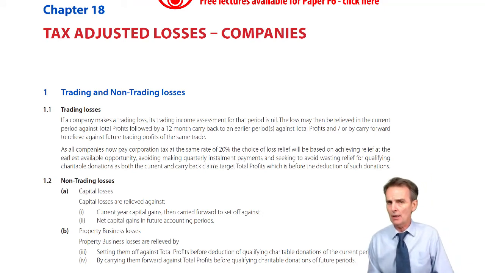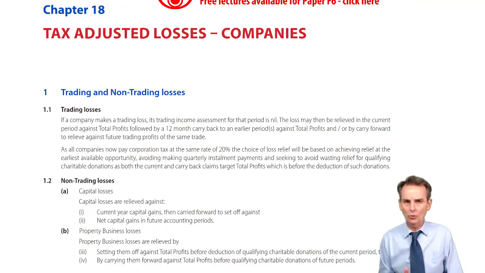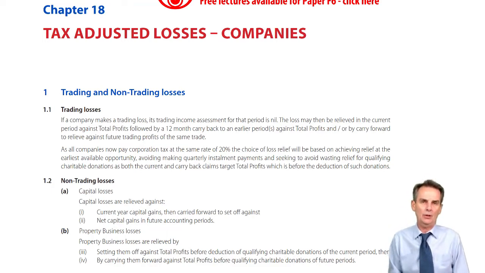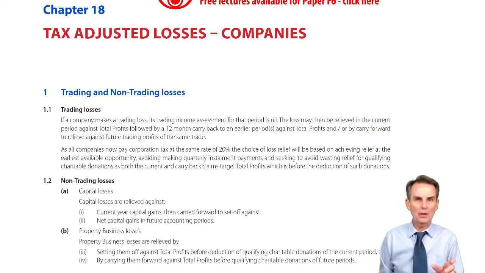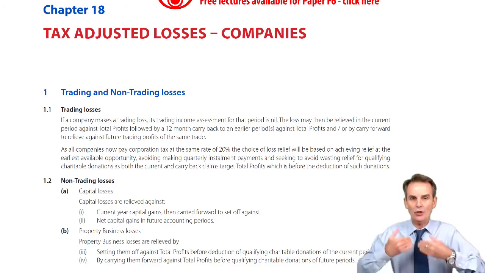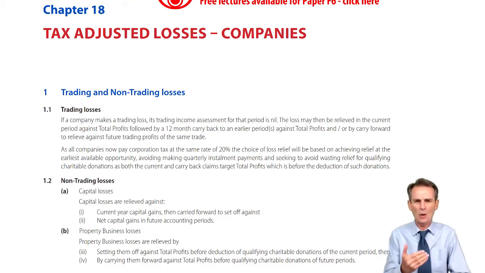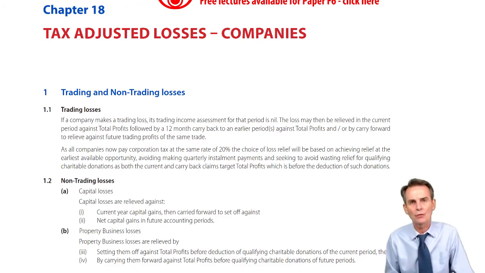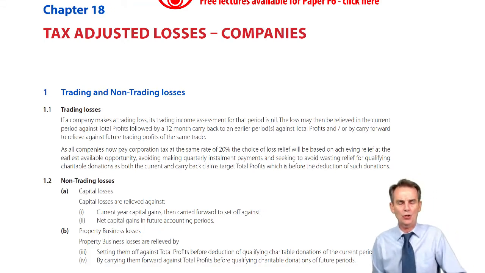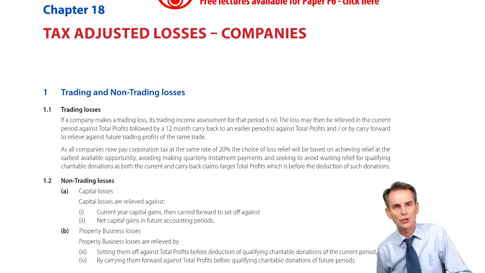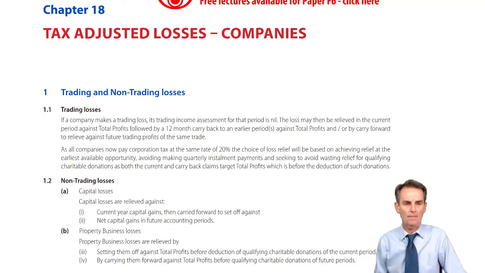Now in corporate tax, it's different. If we make any claim at all here, it's the current period first, and only then, if you have made the claim in the current period, may you carry back 12 months. As I keep saying, that usually equates to the previous chargeable accounting period, because you'd expect year end after year end, but the carryback period, we'll come back to it later, is 12 months. Those deductions from total profits before donations run the risk, therefore, of those donations having nothing to go against if the loss has reduced those total profits below the level of the donations.